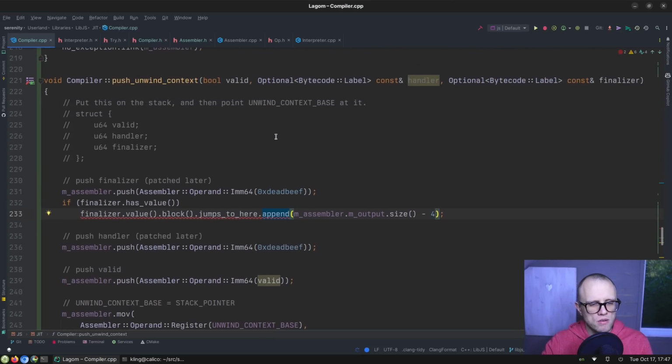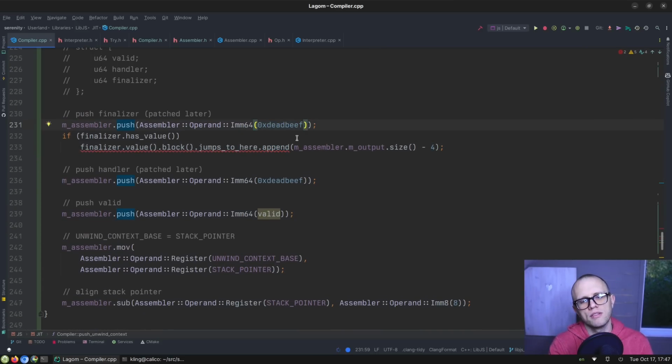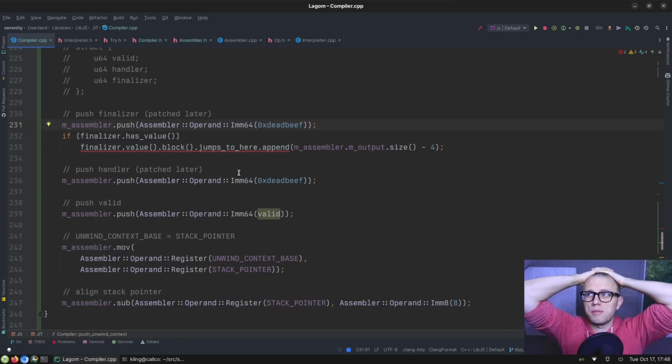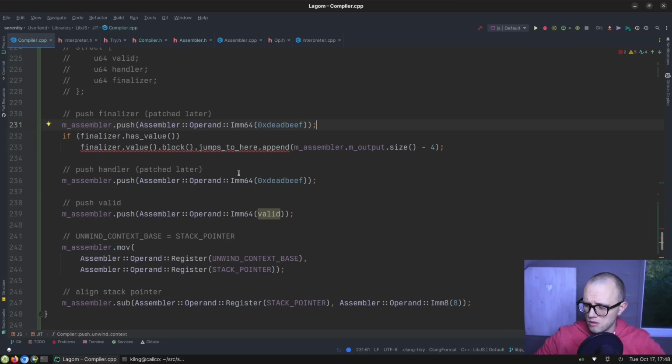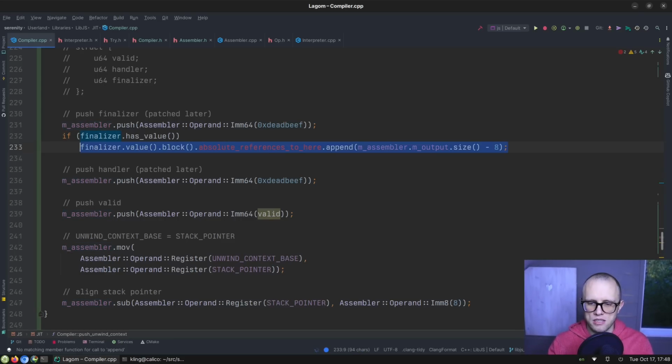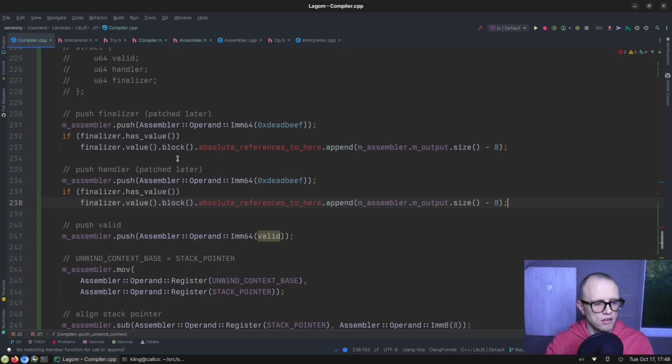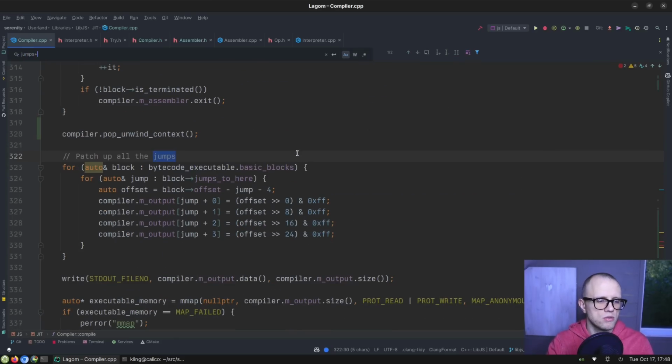These are not relative though. These are absolute 64-bit. So they can't just piggyback on this thing because we need the fully final absolute 64-bit address, which we don't know until we've memory mapped the executable code. So these will be another type of patch ups. It's like absolute references to here, and it's 8 bytes from here. And handler like that. Okay, so jumps to,